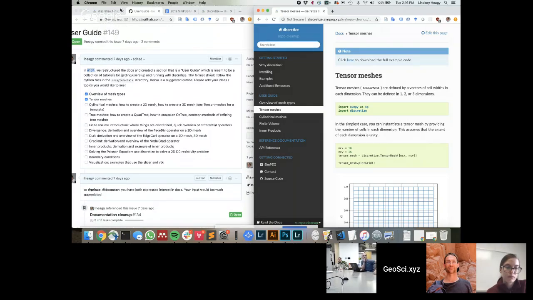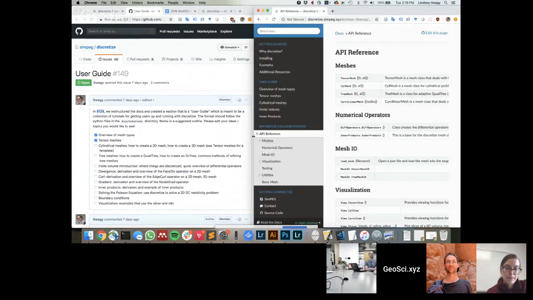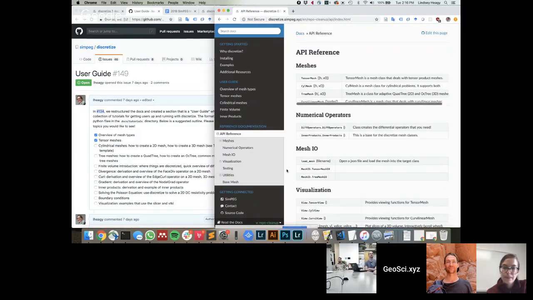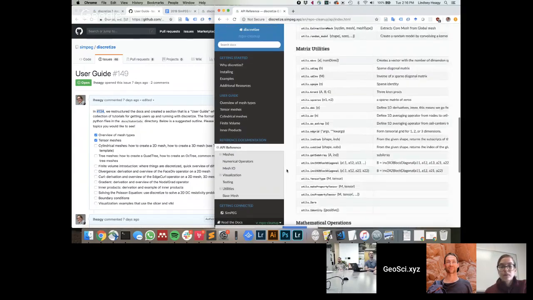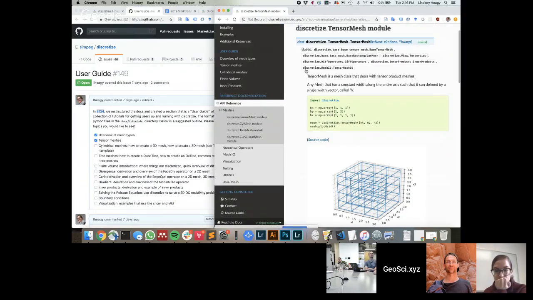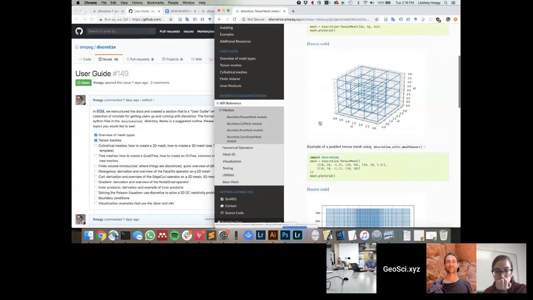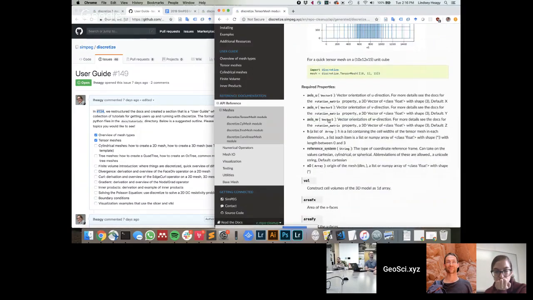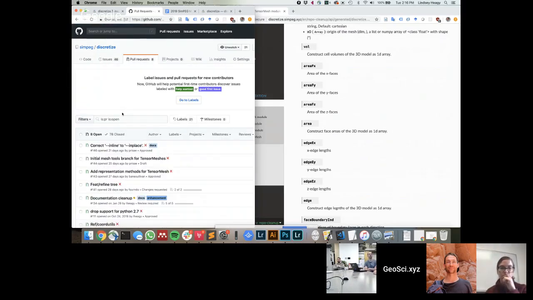Yeah, but the main things I wanted to show with this pull request are the changes in organization. The way the API is built, I quite like, because we have a high-level one-page overview of basically everything that's there. And then you can go in and click on the tensor mesh, for example, and see the docs specific to the tensor mesh, and all of its properties and methods and all that jazz. That looks pretty good. Yeah.